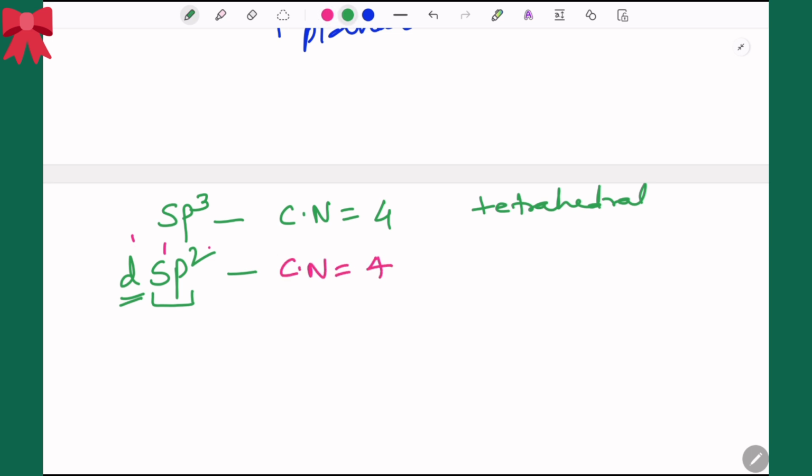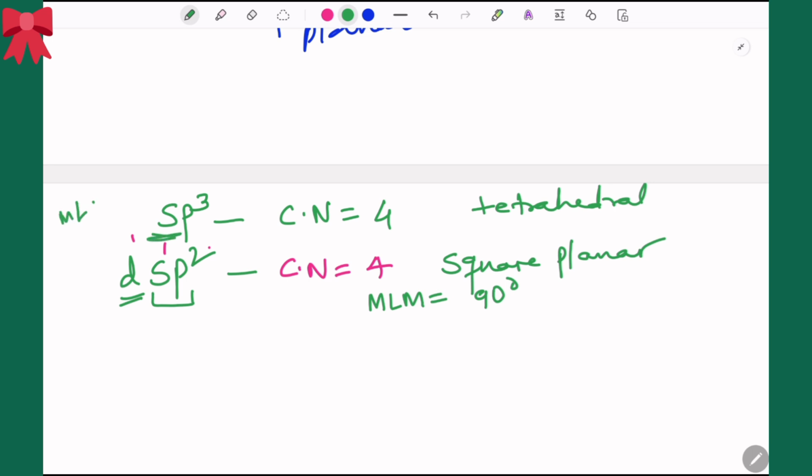It means that we have got 4 ligands surrounding the central metal atom. And what kind of geometry are you going to get, bacho? So you're going to get the geometry of square planar. What angles will you have? Just now I told you the MLM angle is going to be 90 degrees. What is the angle going to be in sp3 MLM?